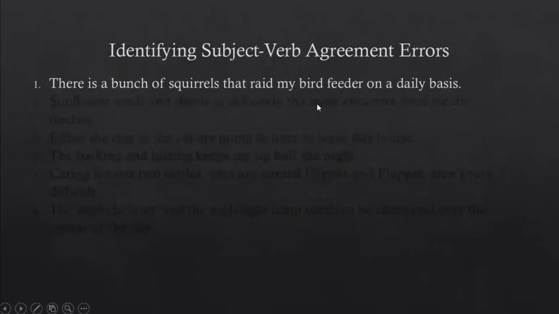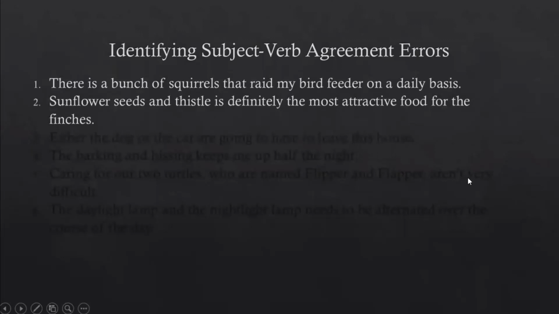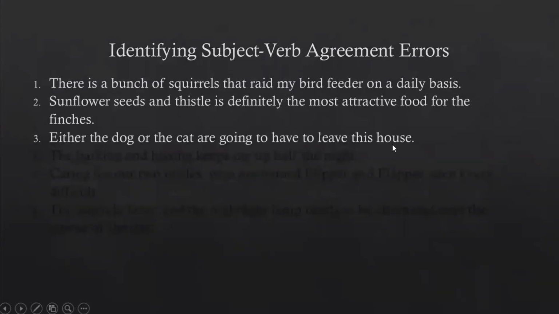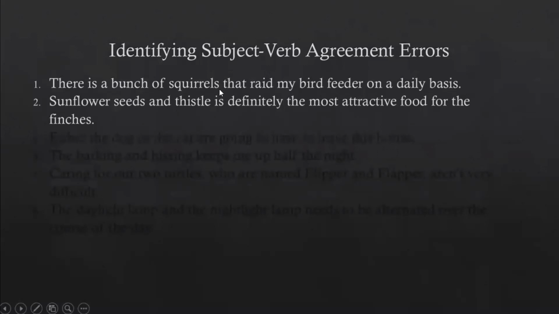Let's look at another example, and hopefully this will become clearer. Sunflower seeds and thistle is definitely the most attractive food for the finches. So again, let's find the verb. How many verbs do we have in this sentence? Let's look. Sunflower seeds and thistle is definitely the most attractive food for the finches. Okay, so there's only one verb, and it's is, again. Obviously a fairly common verb, right? So if is, again, is our primary verb, in this case, our only verb,